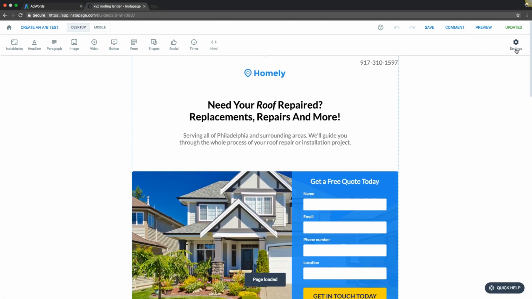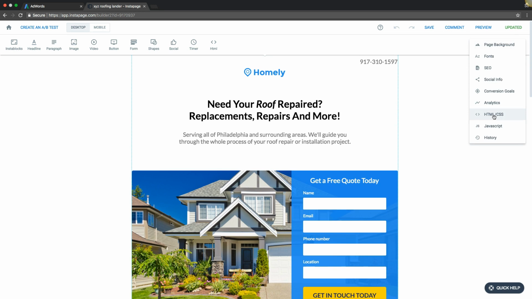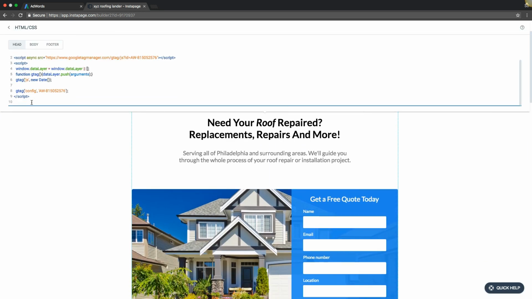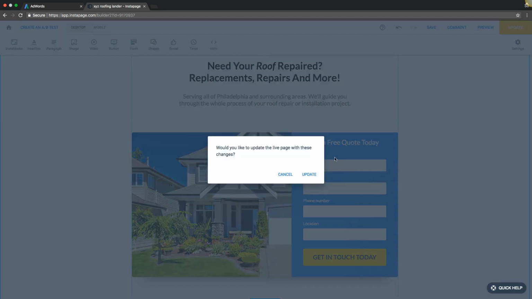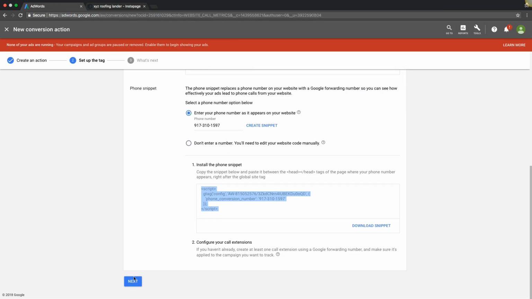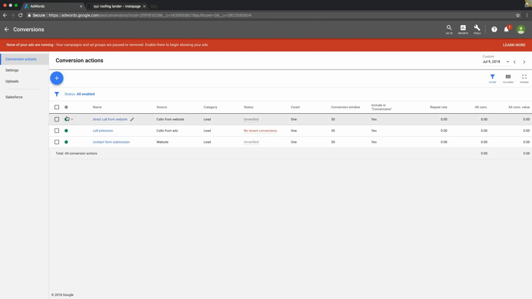All right, come up to settings. HTML. We're going to just drop this right below our site tag. Just like that. Works great. Okay, we're going to hit update. And now it's live on the page. And now we're tracking. Well, first let's finish this up. Okay, so now we're tracking